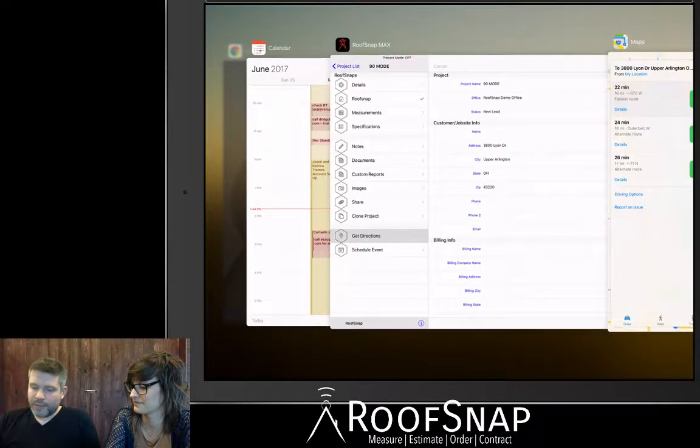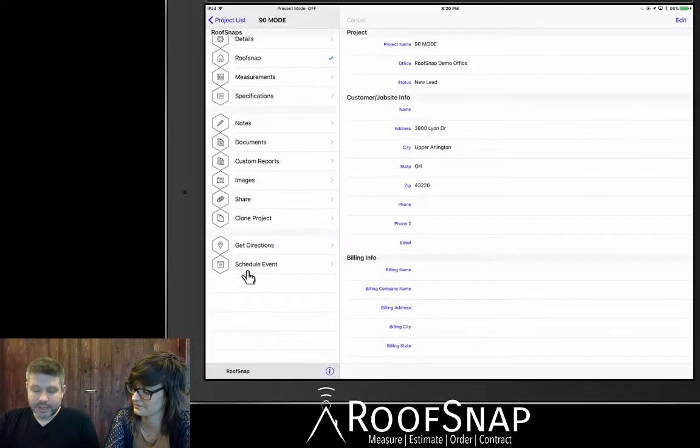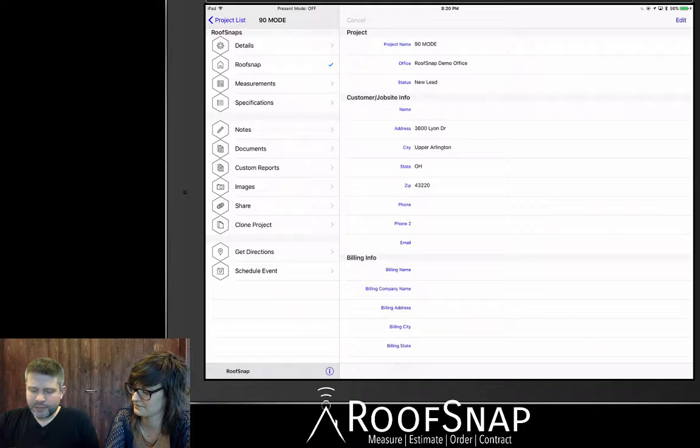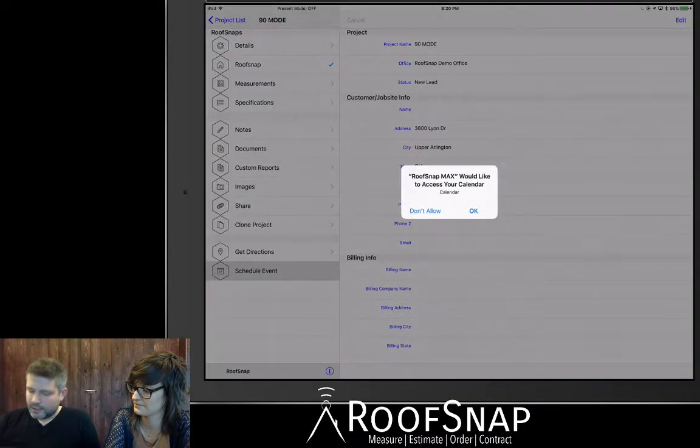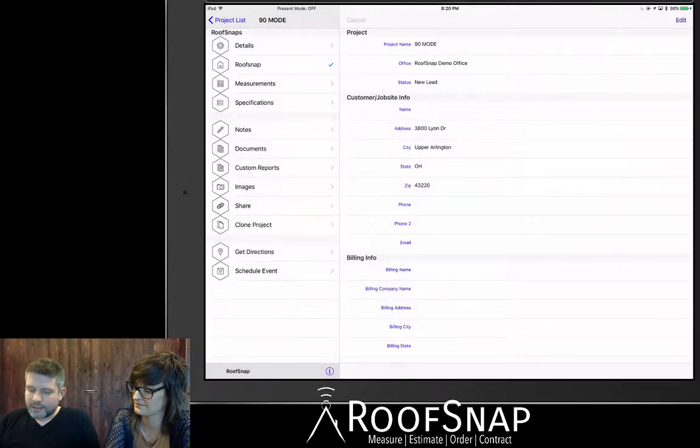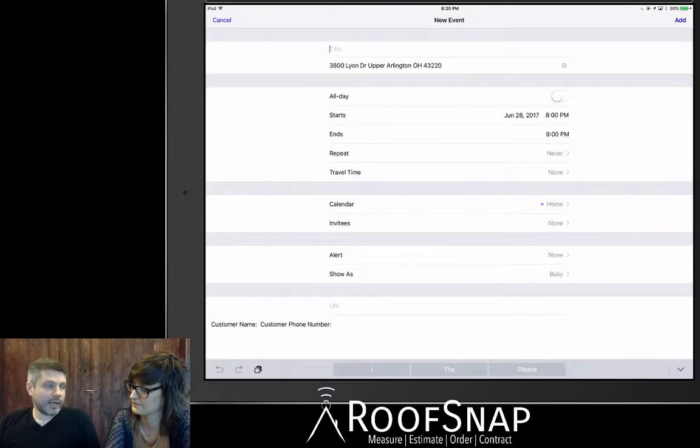Now I'm going to jump right back into RoofSnap Max and go ahead and tap on schedule event. And from here, if you have your calendar set up, it's going to ask for access to my calendar, so you're going to want to say OK. And you may have to tap on it again since it didn't have access the first time. There we go. So we can add a new calendar event for an appointment or a follow-up directly to our calendar. And if it's synced with your Google Calendar or synced with your Outlook calendar, then you can manage both from right here. Awesome. And that's how you manage your project and some of the different tabs within the project,